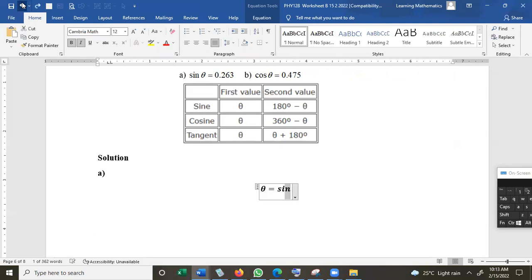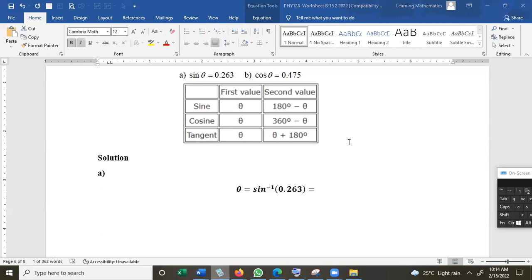You can simply, after the last letter or symbol, just press Shift 6. Shift 6 will give you the upward arrow. That's another international notation for powering. And you just put whatever power, in this case -1, and you just tab, and it automatically gives you the exponentiation notation of 0.263. So when you type sine inverse of 0.263 in your calculator,